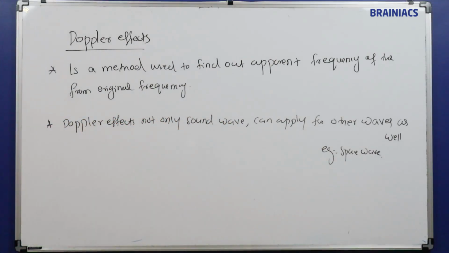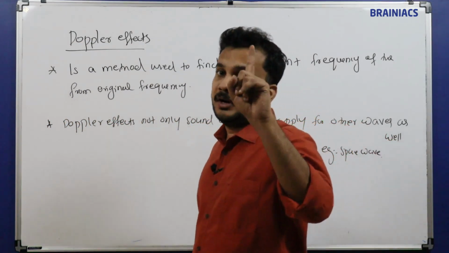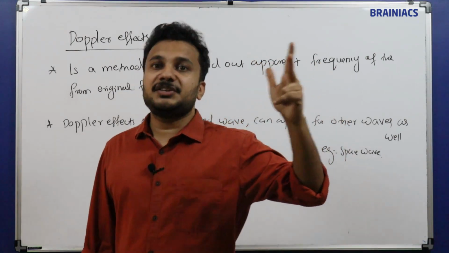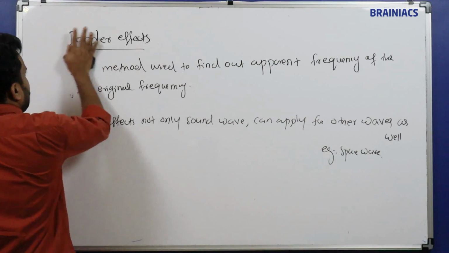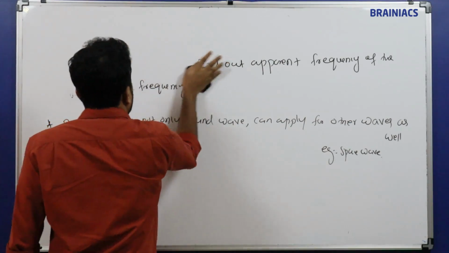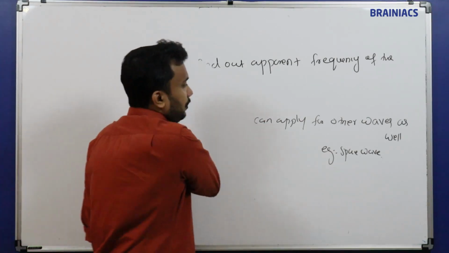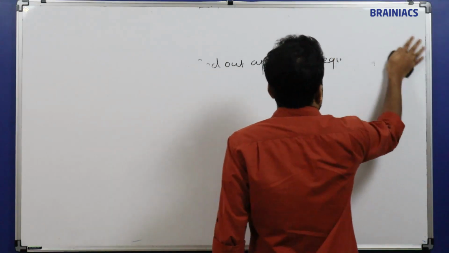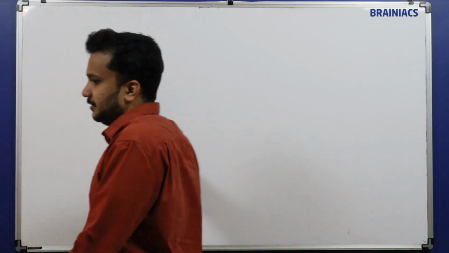Now I will tell you the equations. You have to listen very carefully. I'll tell you one equation and two types of concept. These two types of concept will be your questions. So the main formula of the Doppler effect, this formula you have to remember. Only one formula, and two types of problem concepts. So one equation, two concepts, and you can attend any question.